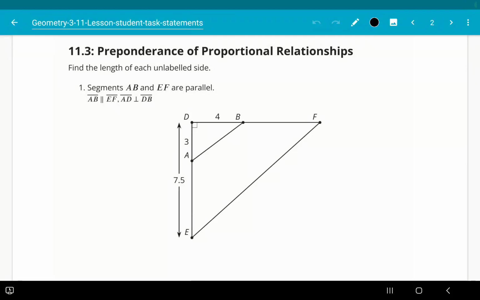Find the length of each unlabeled side. Segments AB and EF are parallel. AB is parallel to EF, AD is perpendicular to DB. Okay, so